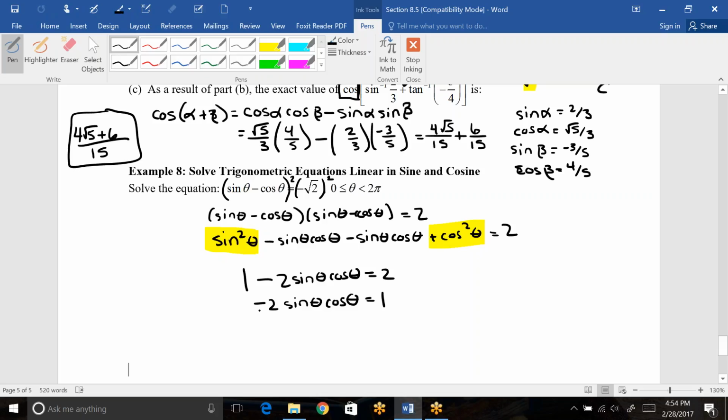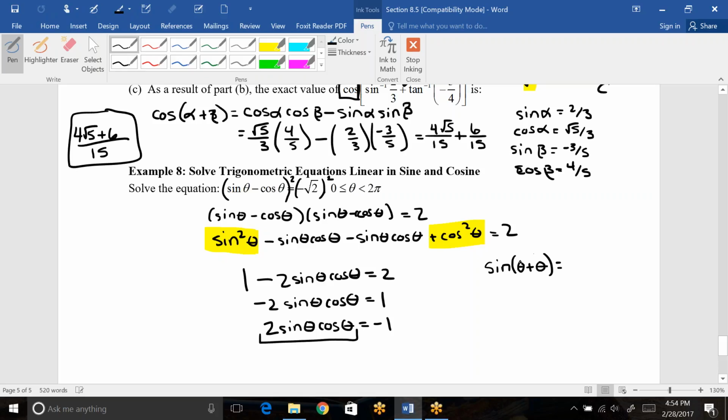You could also divide by -1, I guess, if you wanted to. I'm going to leave this like this for a second because we still have a problem of having what I call a sine and a cosine both in the same equation. Now, I want to talk about what this actually equals. This is actually jumping ahead to the next section, but if you remember, we have sine formulas for adding two things together. So this is theta plus theta, because let me just show you what happens if you do the